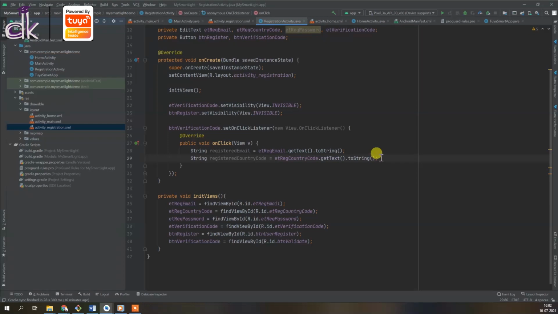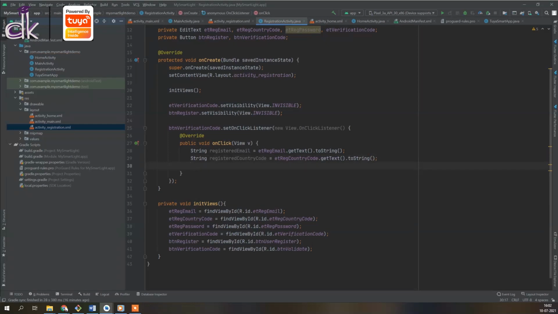So how do I get the validation code, right? For that, Tuya SDK basically provides an option of sending the email verification code.